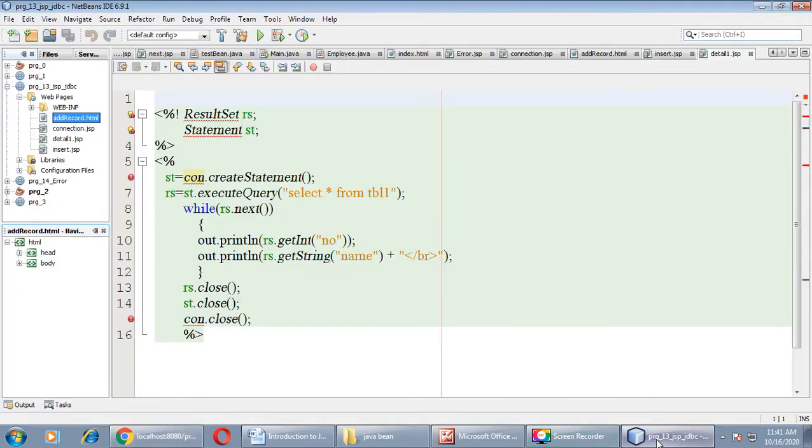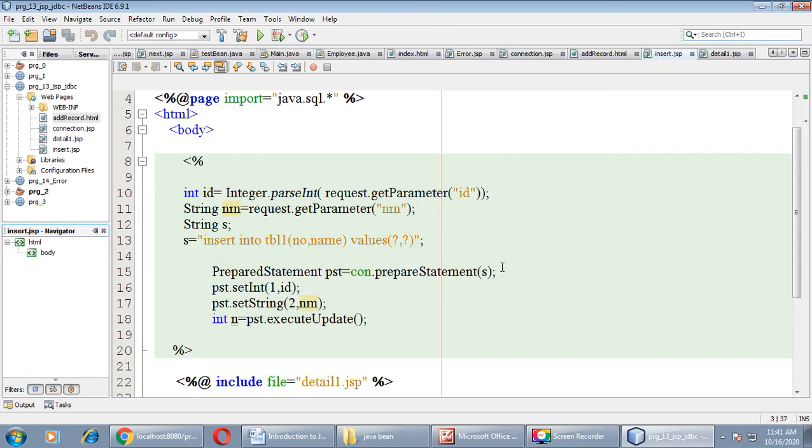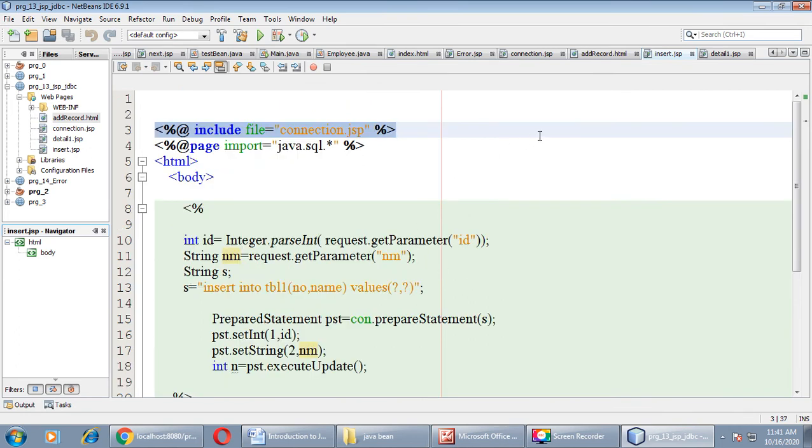The new thing is, I have split all this unnecessary code into a separate file and then added it into our current file. Even though you can do everything in a single page, if you follow this way, it is better for you. Now in this example, I have just inserted a record, nothing else.